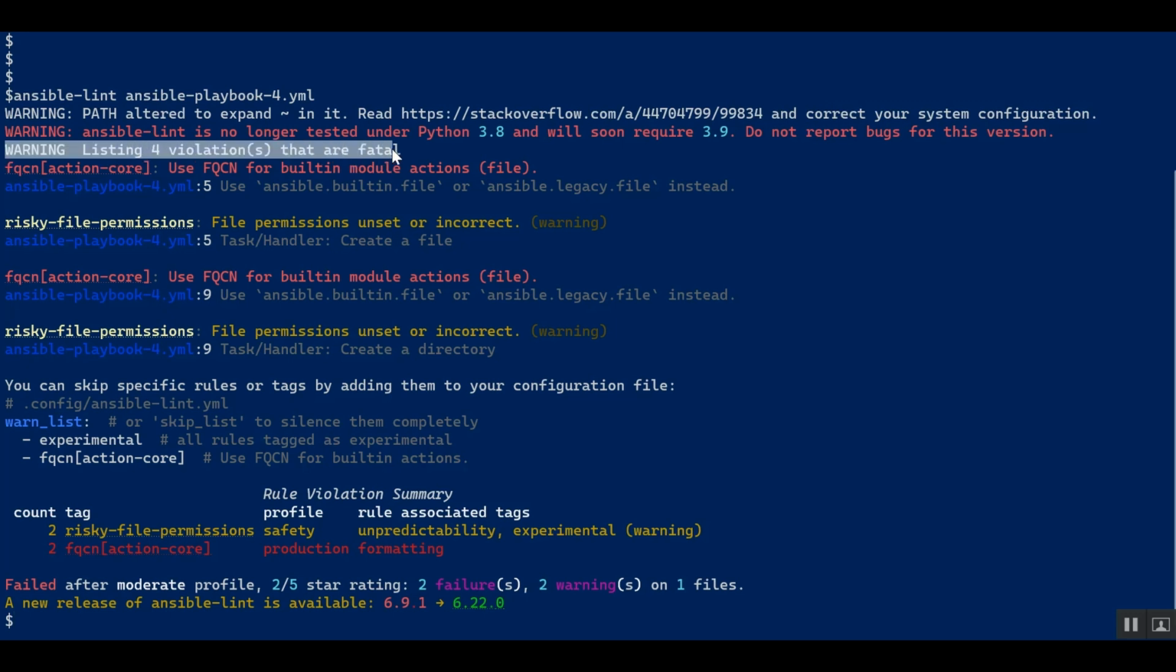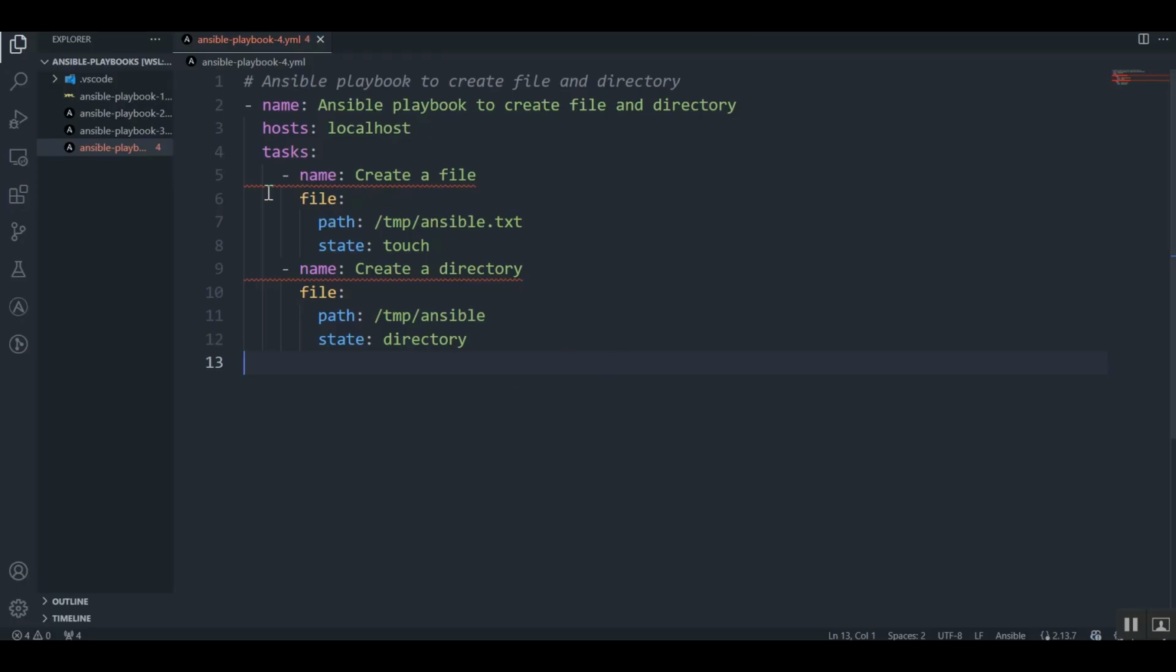It says we have a total of 4 violations that are fatal. Here you can see that the first warning is to use FQCN for the built-in module action file, and that's at line number 5. So if we go to our playbook, in line number 5, which is the task to create a file, the module we are using to create the file is called the file module. It is suggesting that instead of just writing file, we should use the fully qualified collection name for the inbuilt module,